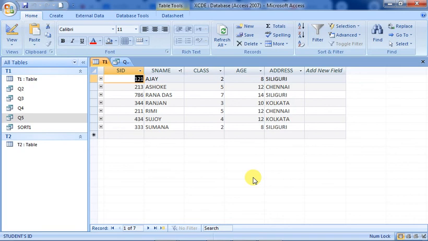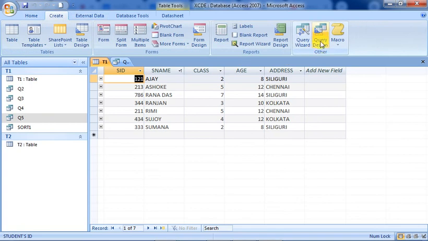So now what you need to do is make the query also in this way. We can create the query also in design view. We can go to Create and then Query Design. In 2010 and later you can find it under the Queries group, Query Wizard and Query Design both. Since this is the 2007 version, you find it in the Other group, but in both cases the execution is the same.